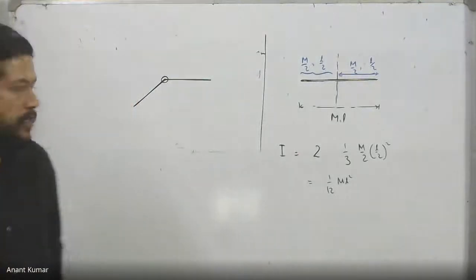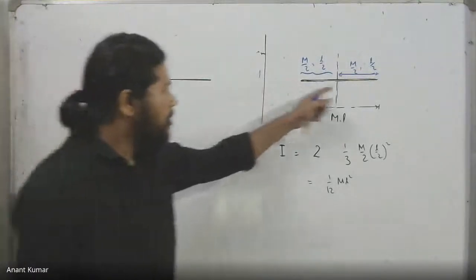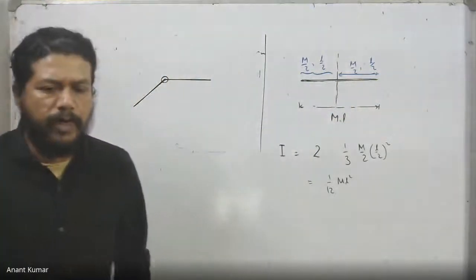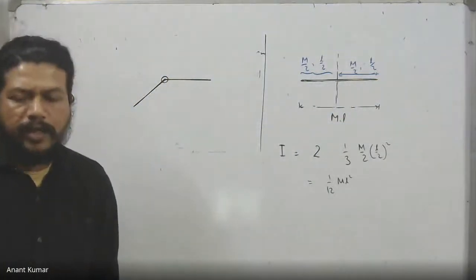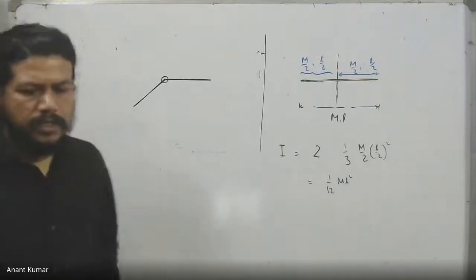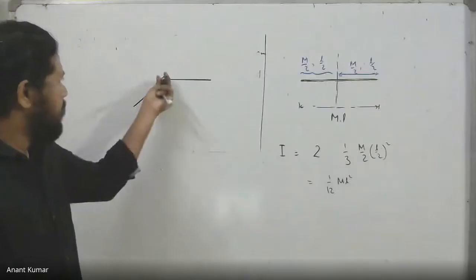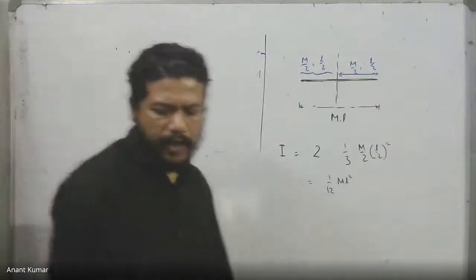In this case it will come out the same thing. It was just the original rod which is bent at the middle by some angle, so it will give rise to something like this. But the axis is different. The axis will be here, the z axis. It's perpendicular, so the axis is perpendicular to the plane.